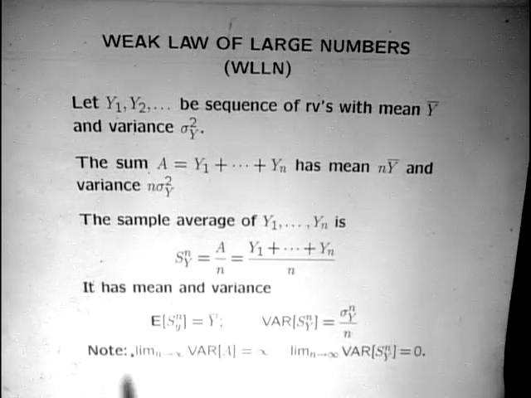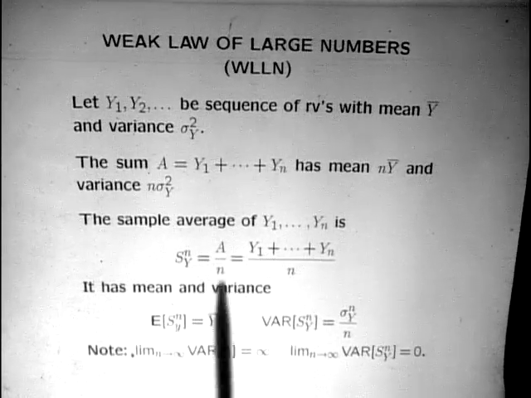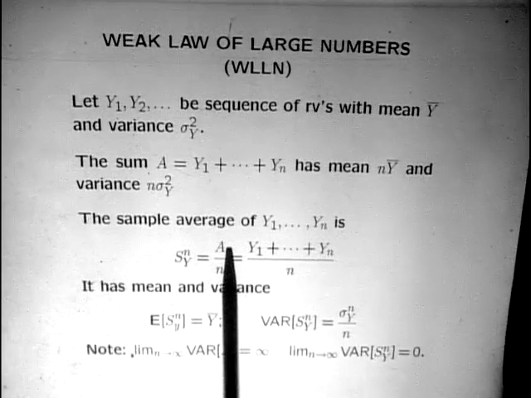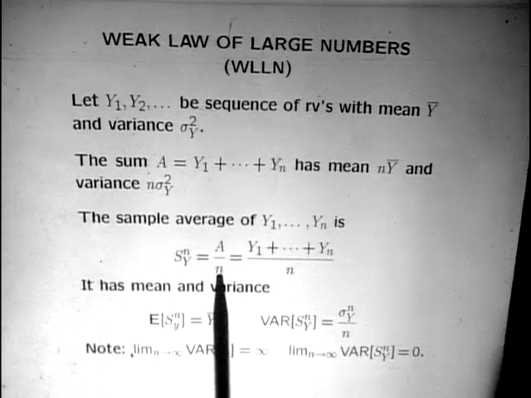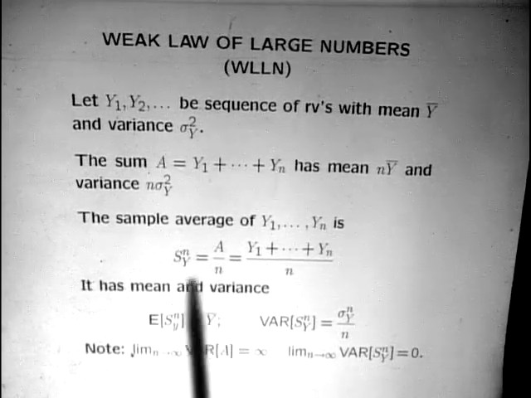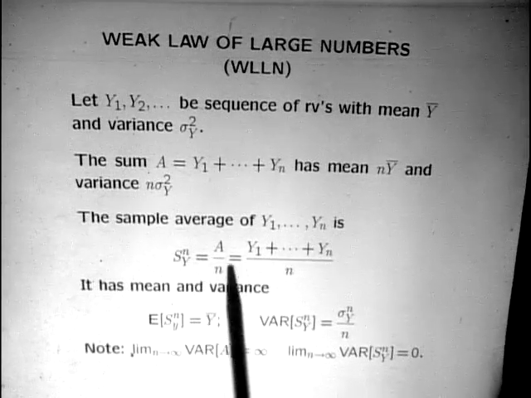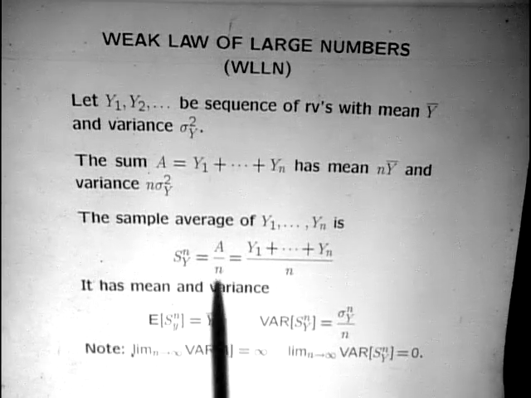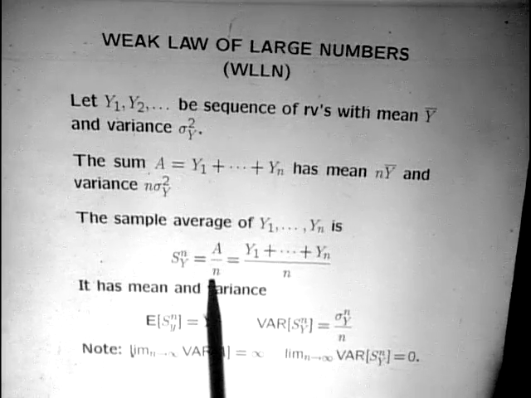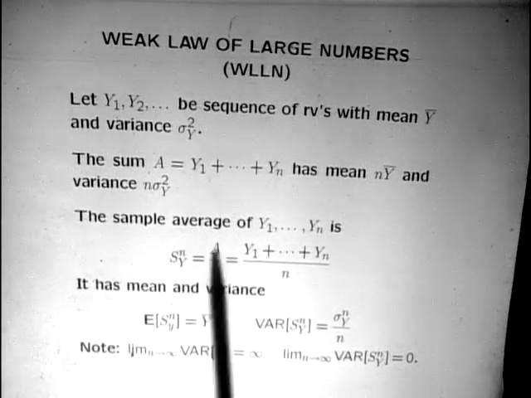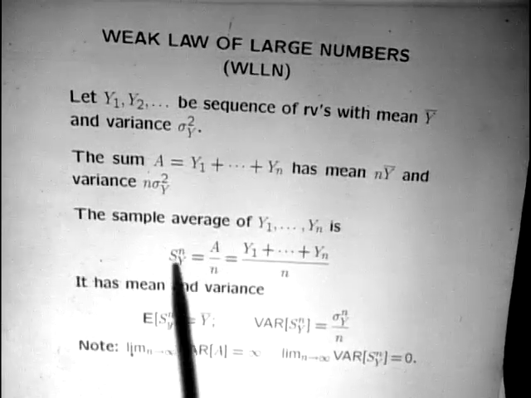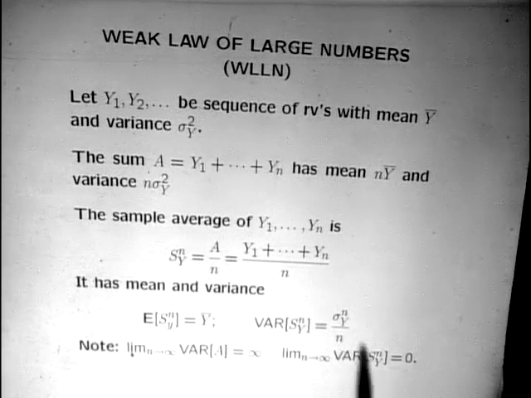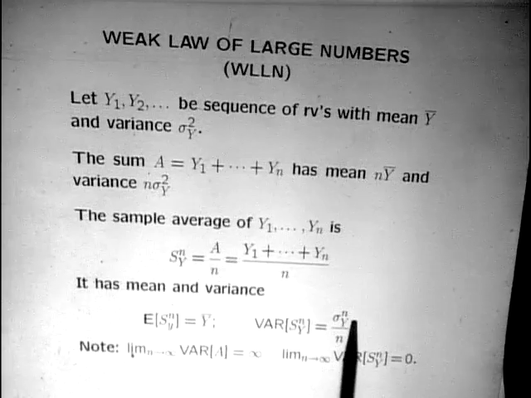Okay, the sample average here, the variance of this is now equal to the variance of a divided by n squared. In other words, we're trying to take the expected value of this quantity squared, so there's a 1 over n squared that comes in here. When you take the 1 over n squared here, this variance then becomes sigma y,